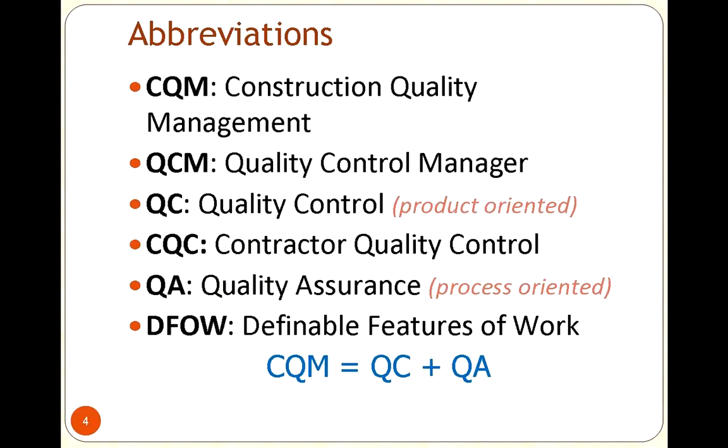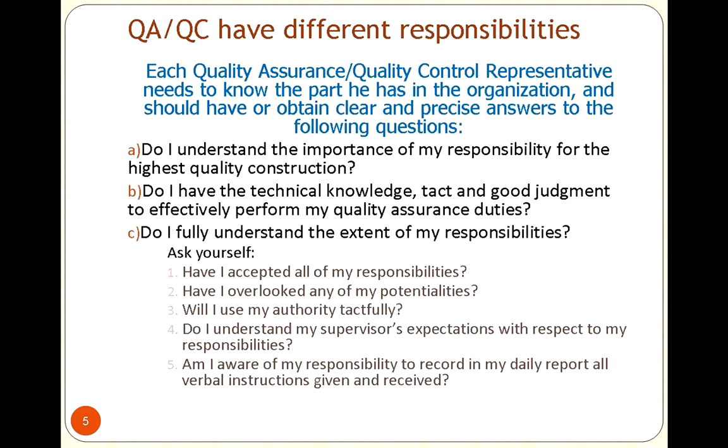Now, QC and QA have some slightly different responsibilities. You might have different people that are checking up on things. So I wanted to talk a little bit about, well, who's going to be the responsible person? You always need a go-to person, whether they're an advocate of the project, making sure things run smoothly, but essentially you need a go-to person internally and externally as well to make sure they understand what they're doing. And there are some questions they always need to ask themselves. Do they understand what role they play, the importance of their responsibility? Do they understand the mission of what this project is going to do?